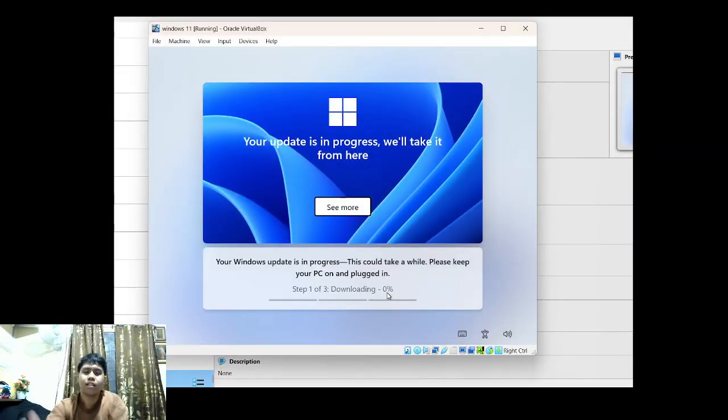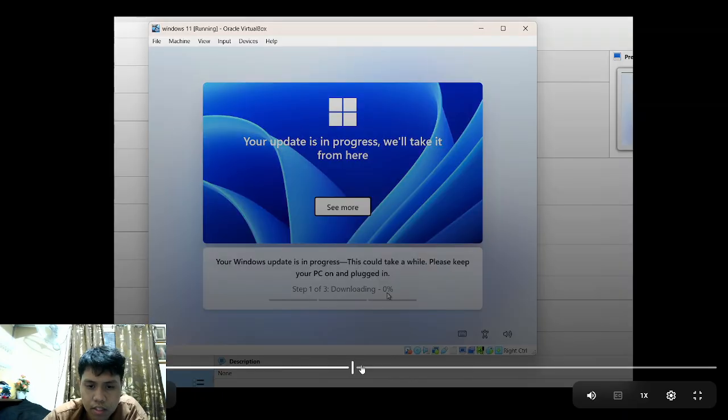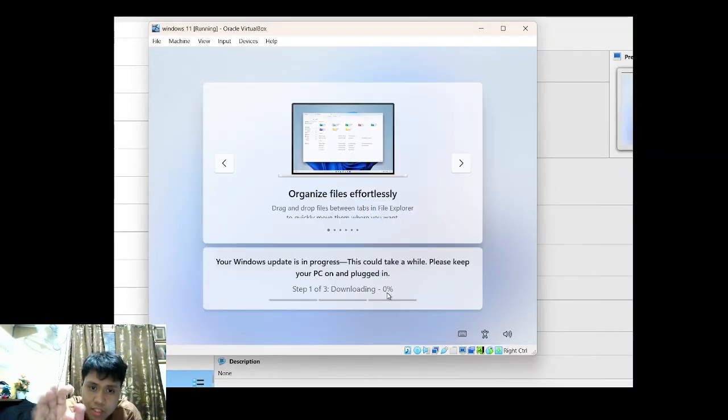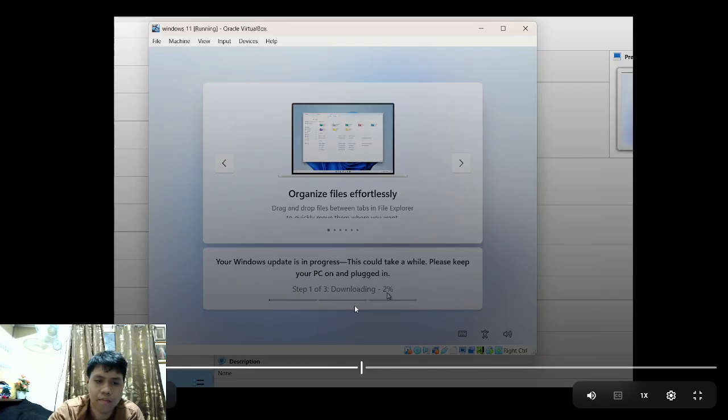Another long waiting game again. It's nothing. It takes 20 to 30 minutes depending on your computer that you will install this Windows 11 on.